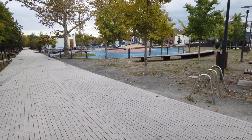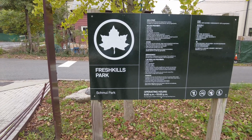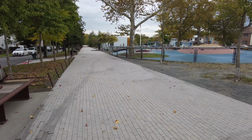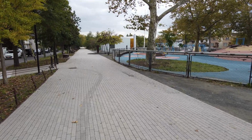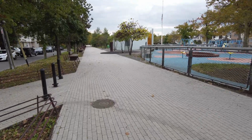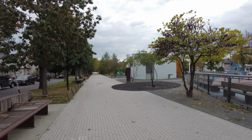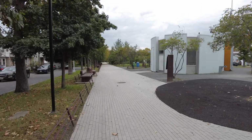So, let's just take a look at this sign one more time. Notice that Freshkills is one word. So Freshkills in Freshkills Park is one word. But when this area was named Freshkills, I'm guessing before or around the turn of the 20th century, and especially as the area became better known, but for worse reasons,